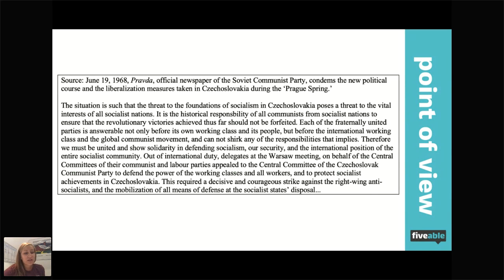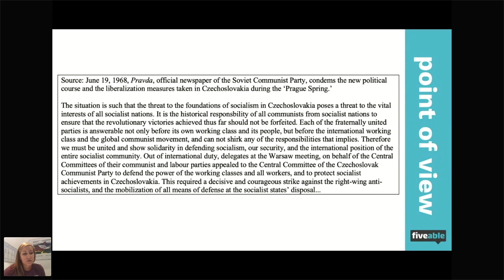Each of the fraternally united parties is answerable not only before its own working class and its people, but before the international working class and the global communist movement, and cannot shirk any of the responsibilities that implies. Therefore, we must be united and show solidarity in defending socialism, our security, and the international position of